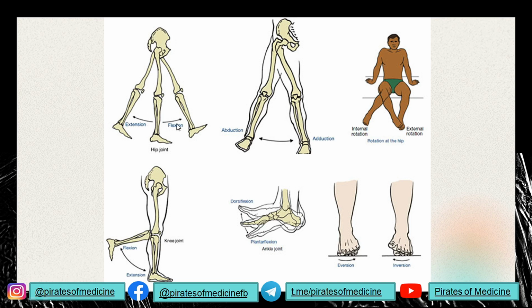If you talk about the movement of the legs, this movement from the midline backwards is extension and forwards is flexion. This movement of the leg away from the midline is abduction, and back to the midline is adduction. And this is the internal rotation and external rotation. I think you can understand this. Similarly, for the motions of the knee joint, if you are flexing your leg at the level of the knee joint, then you are moving the leg in this position, and if you are moving the leg back to the normal place, this is extension.